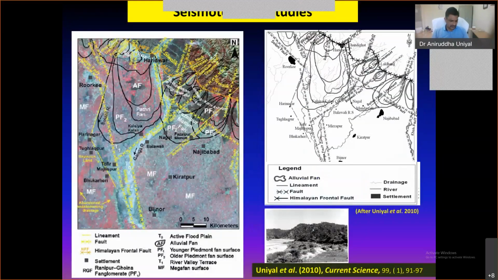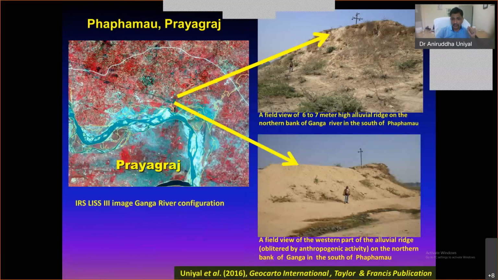Now, seismotectonic studies can also be carried out using this information from these relic channels, because if the floodplains of the rivers are broader at certain places, and if there are alluvial ridges on both sides, they could be indicators of some of the lineaments, as can be seen in these images. And this is how they look in the field. They are in the form of alluvial ridges, but all these are deteriorating with the passage of time because soil from these areas is taken to other areas for construction.